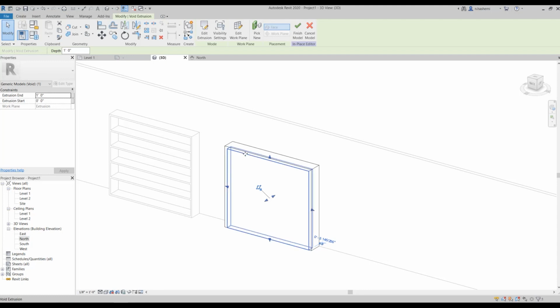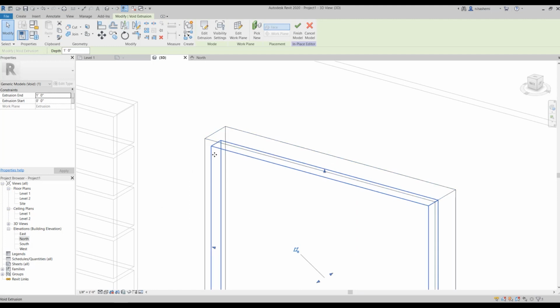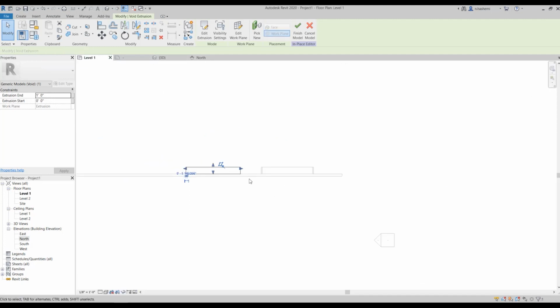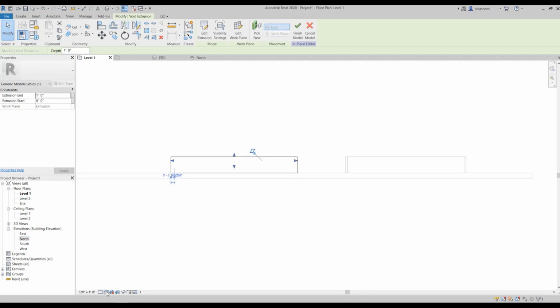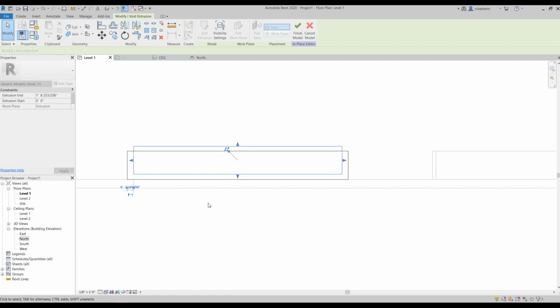If you couldn't see it, then change your visual style to wireframe, and then you would be able to see this, okay? Go to level 1 and change this to wireframe, and this is actually our void. Okay, this is our void. This is going to be our backboard for our shelf.